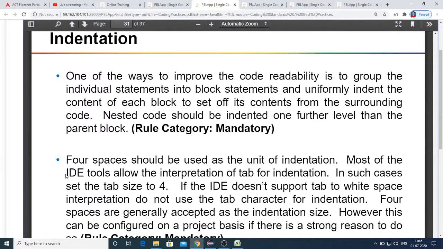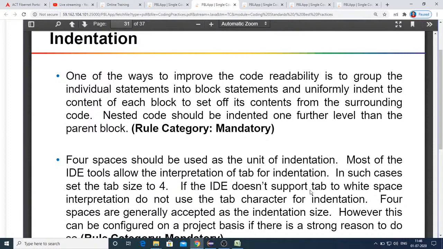And here you can see what is said to you. 4 spaces should be used as the unit of indentation. Remember this point. 4 spaces must be used as the unit of indentation, not as you wish. Luckily NetBeans or Eclipse, the IDEs, use this indentation as 4 spaces. Even if you click tab, by nature tab means 8 spaces in normal Word or notepads, but by default in IDEs it will be only 4 spaces, because this is the universal industry standard.